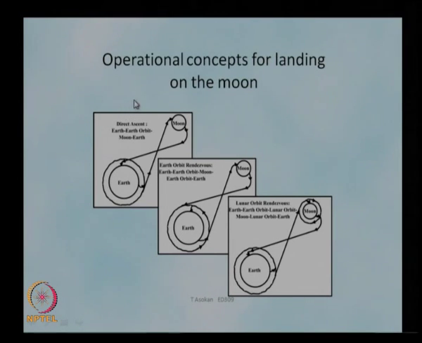This is the way we start with the system design, because we do not have any concepts to follow, or it is a totally new mission. Then we need to identify the possible options, the possible concepts we can employ, then take one of these concepts and develop the next level, where we develop the operational scenarios, based on which we can identify the requirements to be provided or the functions to be provided in the system.